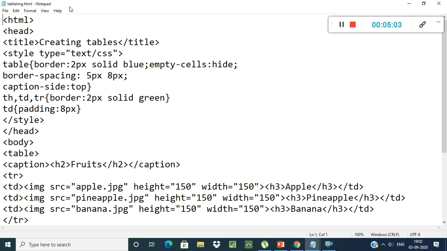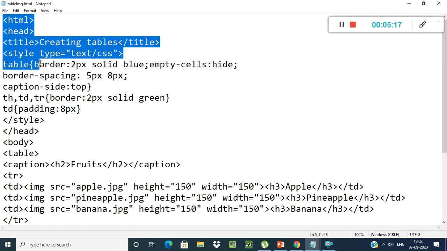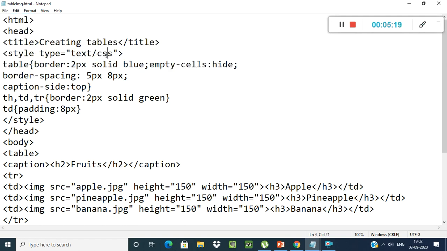Now you can see here, in my next topic, that is table image, instead of your table content you have to put the images over there. Now how to put the images here? Same, see here, style type is css, after that the table tag is there, then I gave border, then solid color, empty cells hide, border spacing I gave here, caption side I gave now top here.